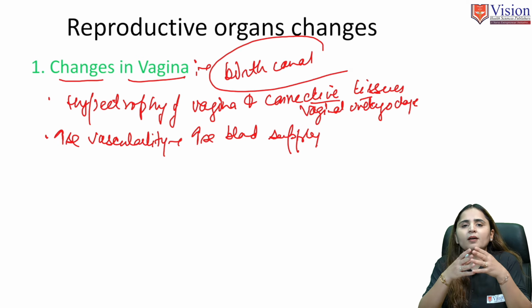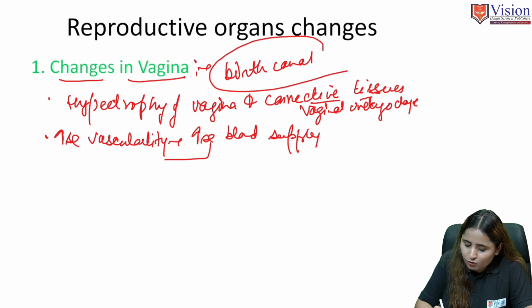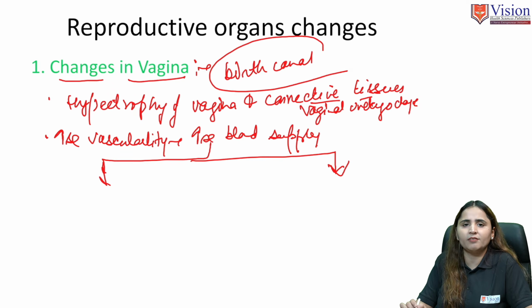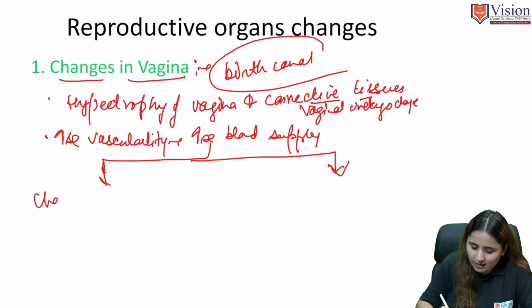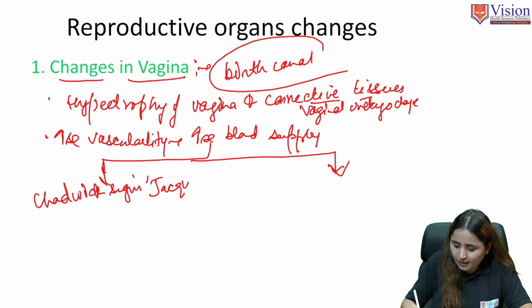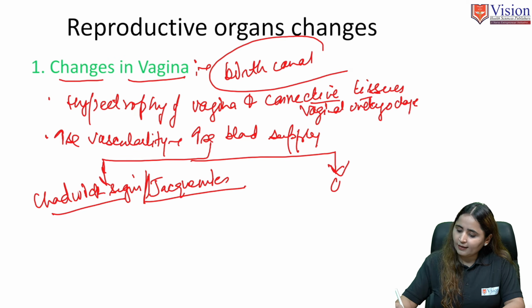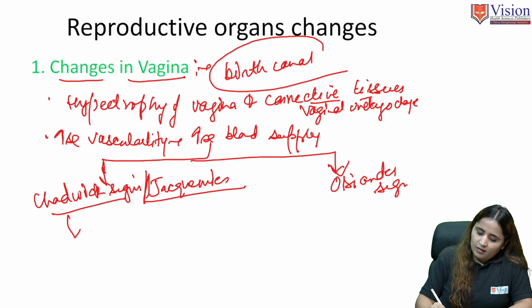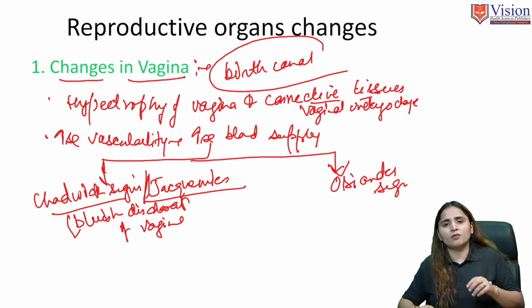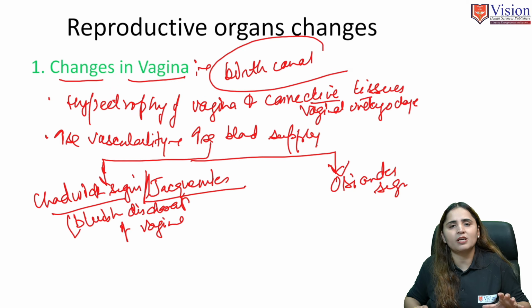So with the increase in the blood supply, what happens? It leads to two kinds of signs. If you remember the first lecture, we discussed two signs. First was the Chadwick sign, also called the Jacquemier sign, and another is the Osiander sign. So what is the Chadwick sign? It is a bluish discoloration of the vagina. Purple or bluish discoloration of the vagina is called the Chadwick or Jacquemier sign, and